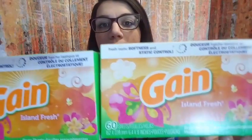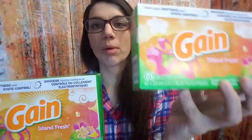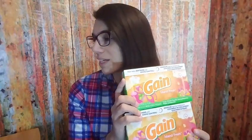2 boxes of Gain Island Fresh dryer sheets. They are the 60 count boxes, so they're a little larger. I sold 2 boxes for $14.79 with free shipping. I paid $1 per box from a local coupon lady, so $2 total investment, and it's going to cost about $3.40 to ship by weight. So after fees, shipping, and product cost, my total profit on the $14.79 sale is